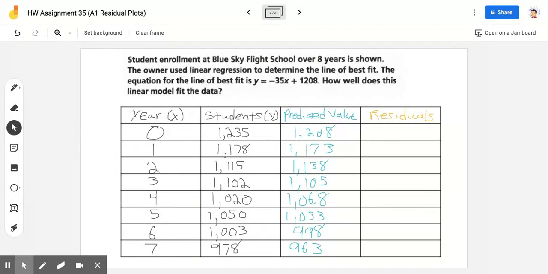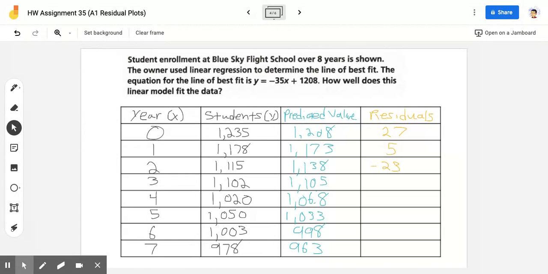I have 1235 minus 1208. So therefore the residual is going to be 27. 1178 minus 1173 is 5. 1,115 minus 1,138. That's going to be a negative value, a negative 23. 1,102 minus 1,100 and